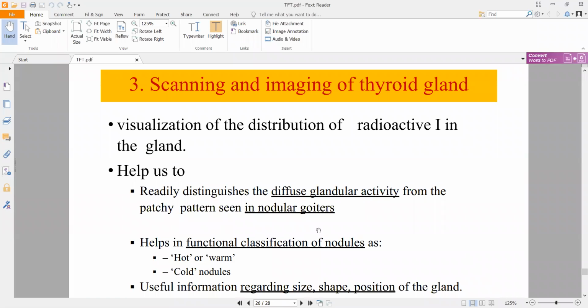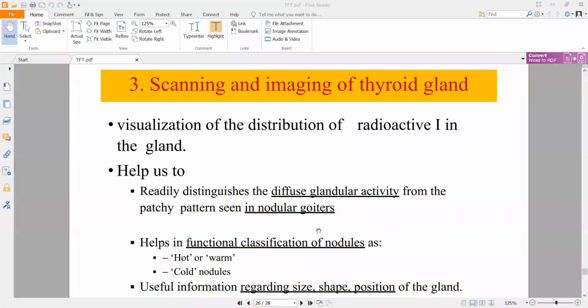is it lobular, meaning more inflammation in one lobe or one node? Is there an excessive amount of inflammation in one particular node where there is development of goiter, or is it diffuse, where it is happening all over the gland? This radioactive iodine will help in that sense. So whenever I'm scanning the patient's thyroid gland, if it is diffuse, I'll be able to see radioactive iodine all over the gland. The whole gland will light up.